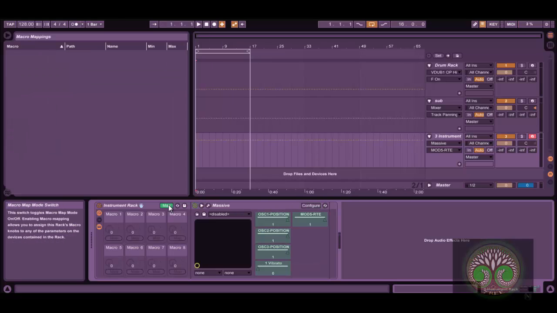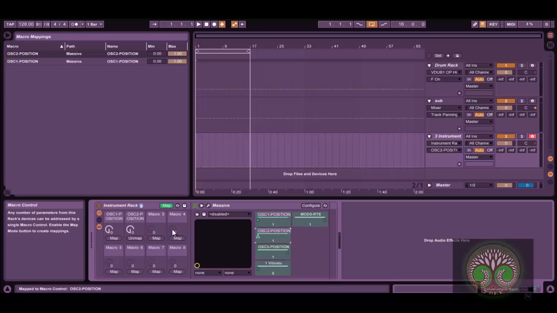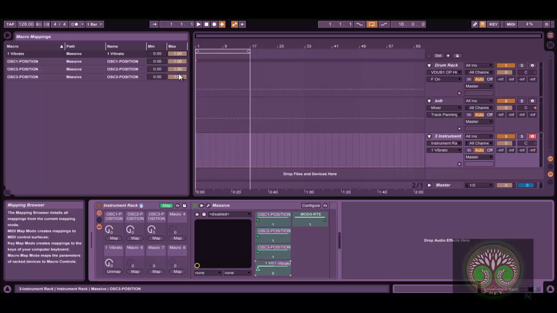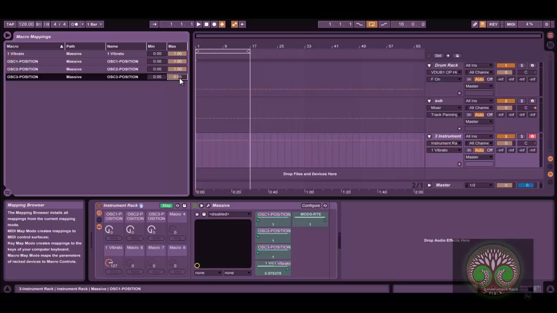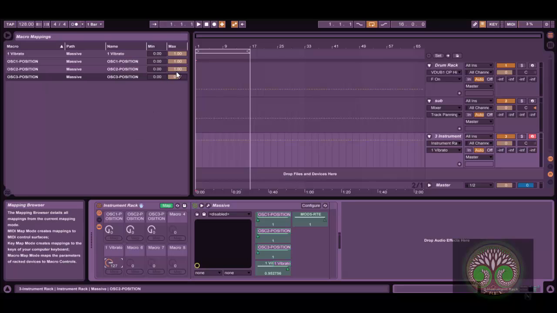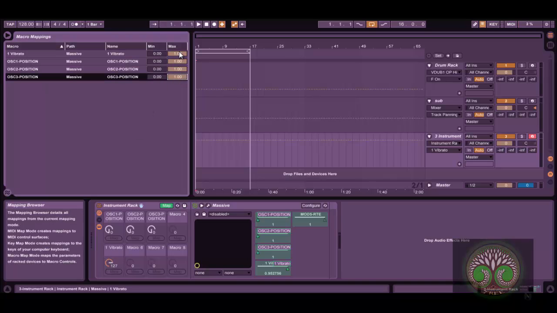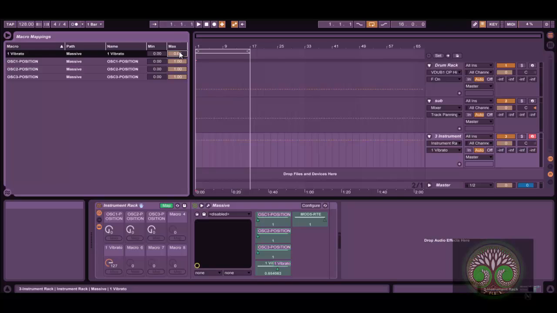Now I'm going to click Map on the instrument rack. I'm going to click Oscillator 1 position, Map. Oscillator 2 position, Map. Oscillator 3 position, Map. Vibrato, Map. And since I don't like super large amounts of vibrato, I'm going to take this down. Oh, whoop, that's oscillator 3. Here we go. Vibrato, I'm going to take it down about